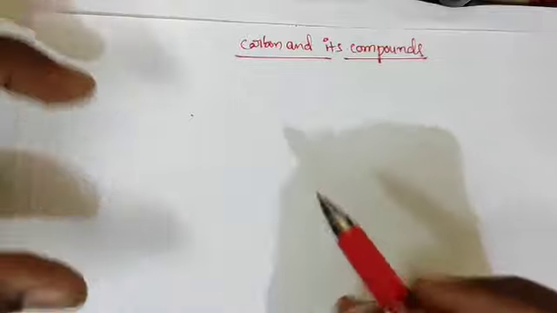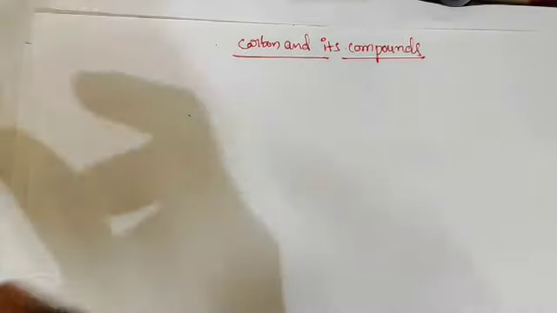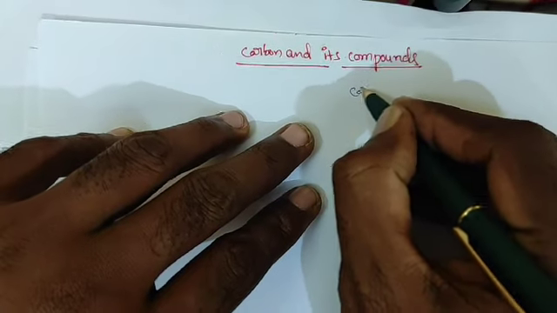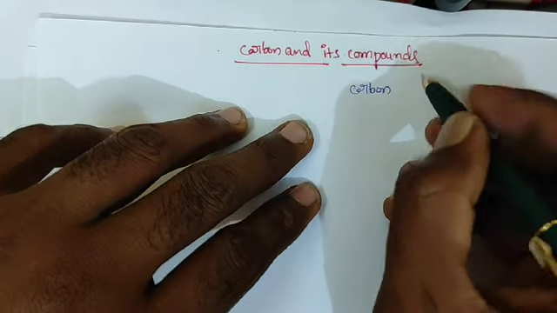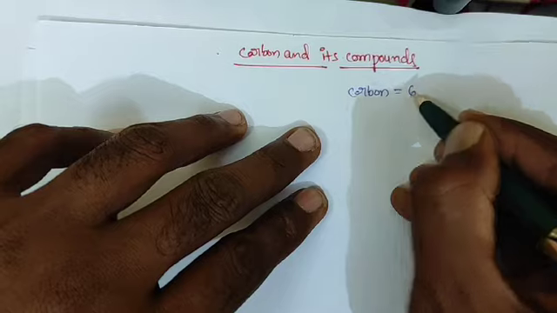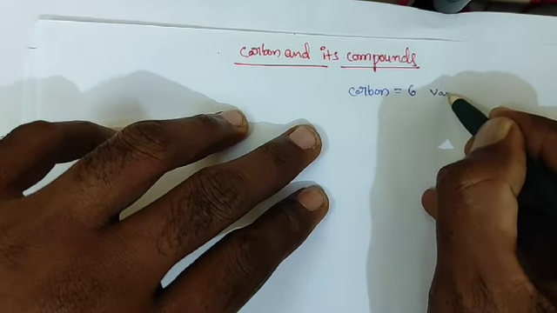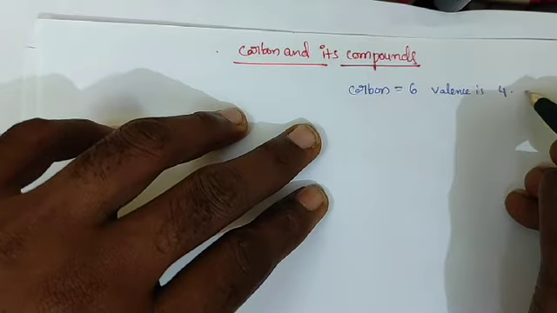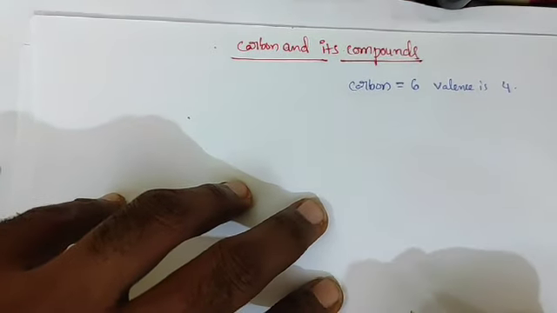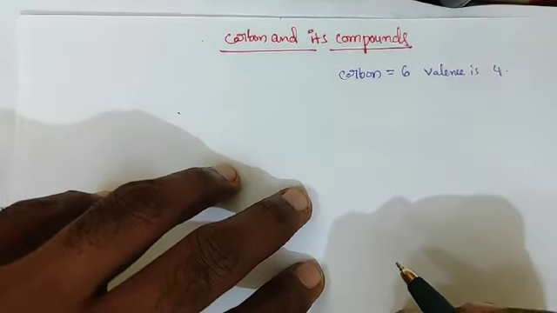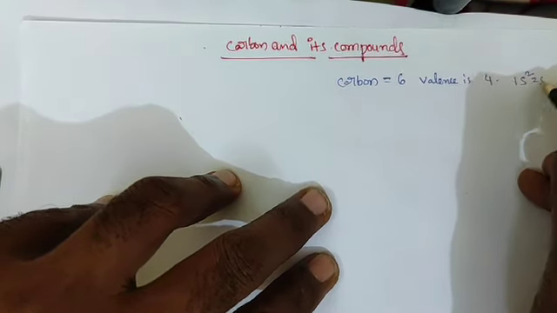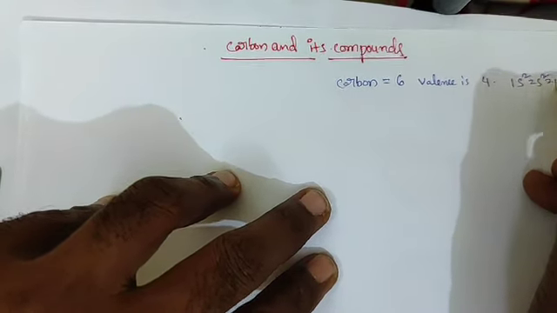Carbon, that is C, has atomic number 6 and its valency is 4, which we call tetravalency. Tetra means 4. The electronic configuration is 1s2, 2s2, 2p